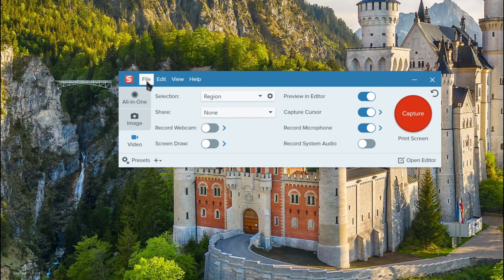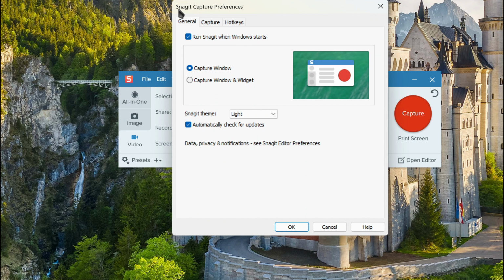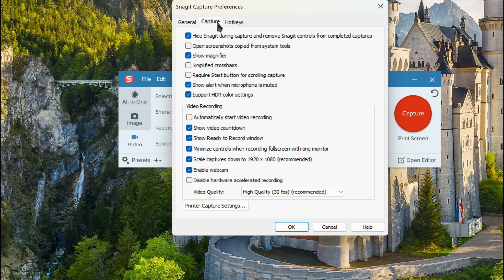Now you have to go to the file menu. Under the file menu you will see this capture preferences. Click here. This will open up another window of Snagit capture preferences. Now you have to switch to capture. Under capture, navigate down, and here you will see scale captures down to full high definition